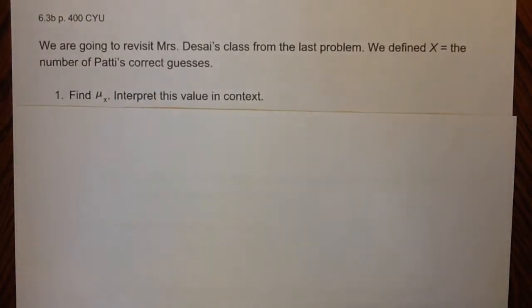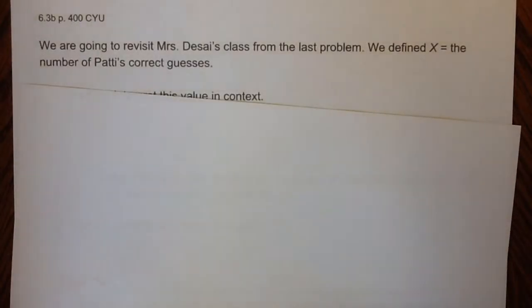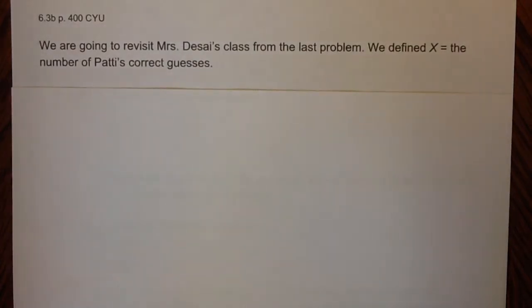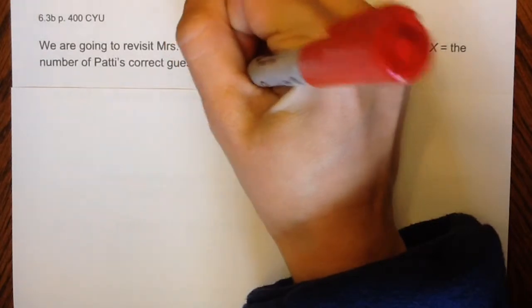We're back in section 6.3. This is page 400, check your understanding. We're going to revisit Mrs. Desai's class from the last problem. We defined x equal the number of Patty's correct guesses. If you remember back, we were looking at a binomial distribution